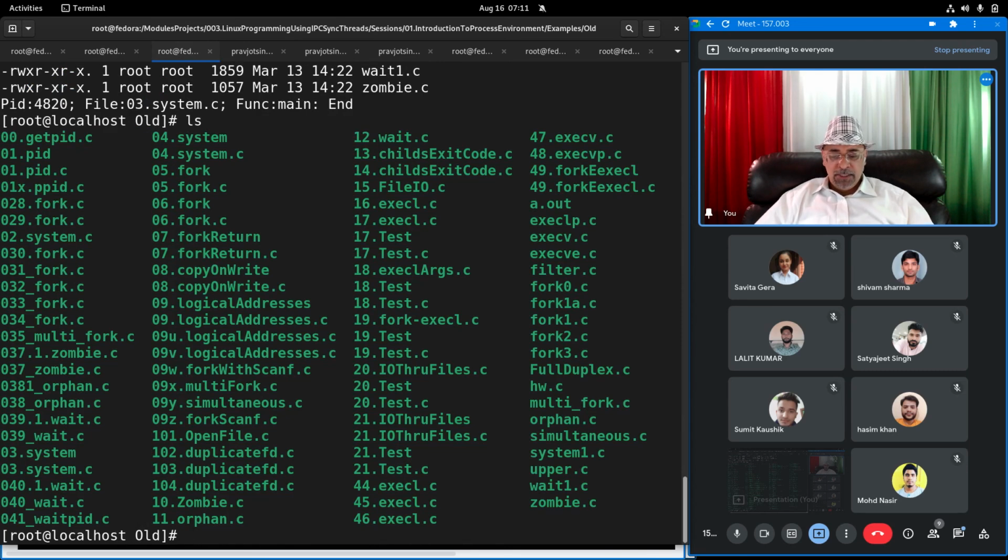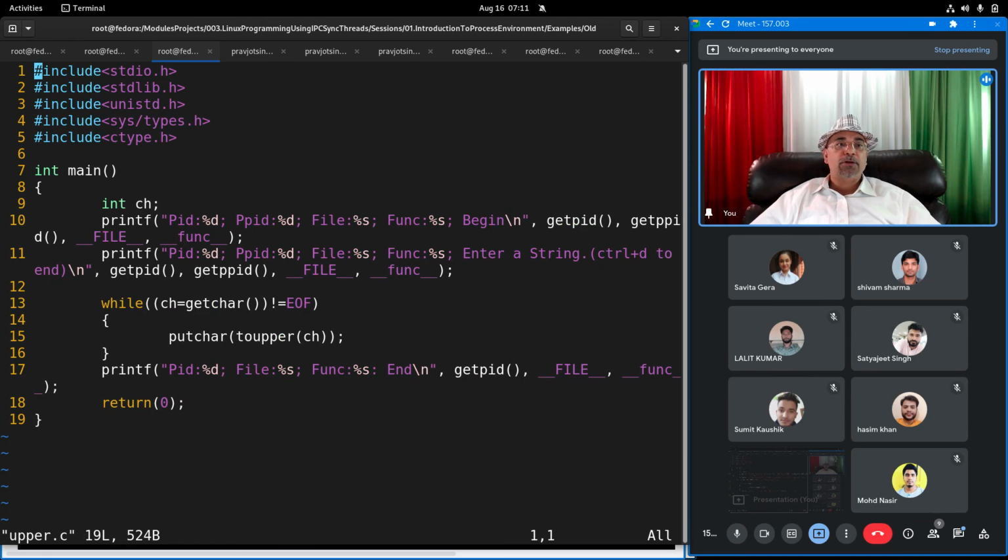There it is, upper.c. This is your upper.c program. What will you do? Look at the line number 10 carefully and try to understand. We will print PID using getpid, parent PID using getppid, file name using the file macro, and the function. And after that, this program will print again PID, PPID, file name, function, and then it will give you the prompt,